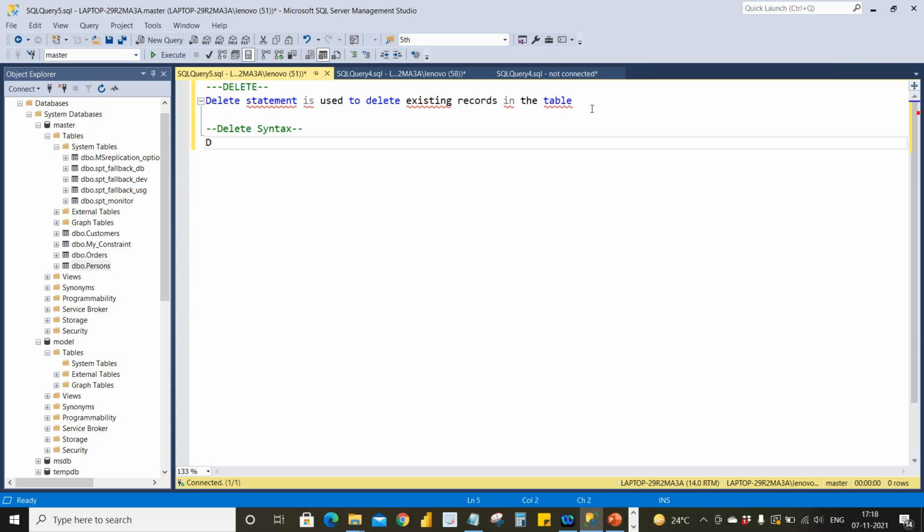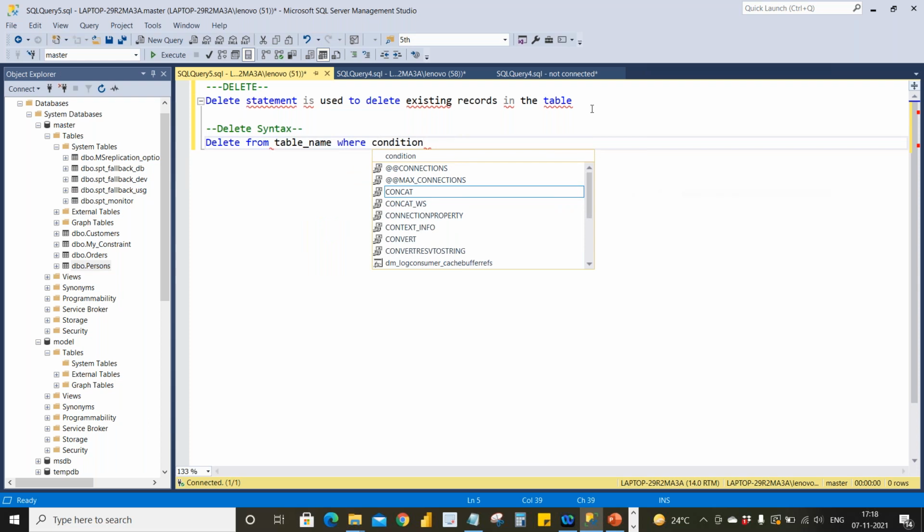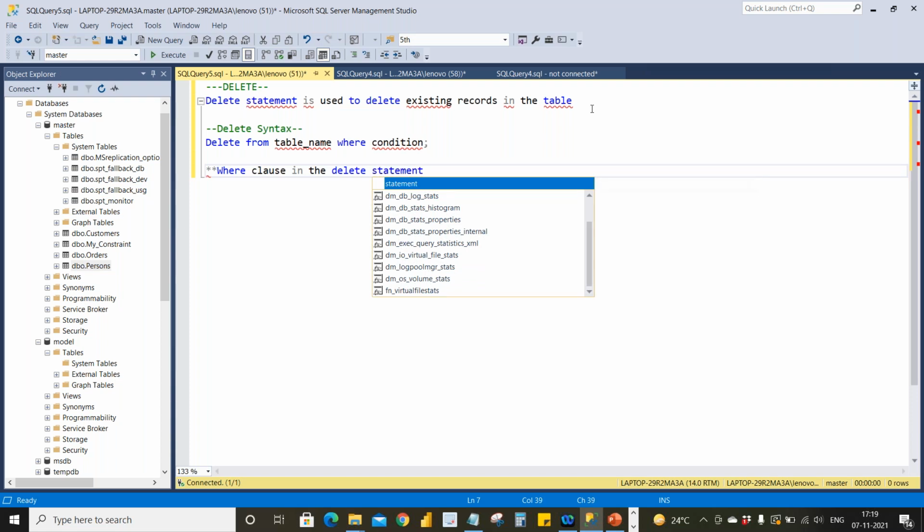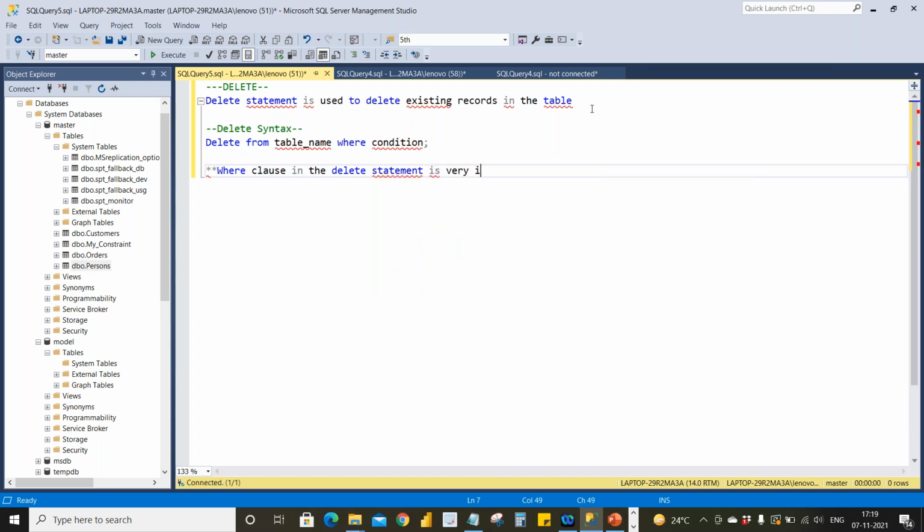The delete syntax goes this way: delete from table_name where condition. We'll mention the condition. The condition is very important, as I said earlier. The where clause in the delete statement is very important.